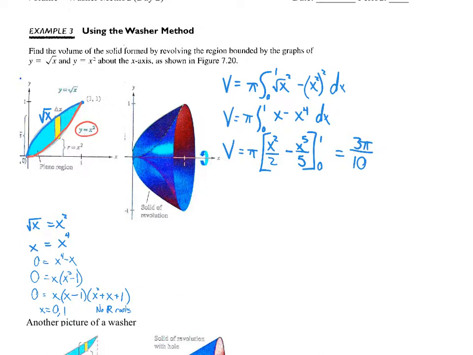Now, what I want to actually do to take this one step further is, and I think this would be helpful for everyone to see one more example of this, is what if I didn't want to revolve it around the line x equals 0, the x-axis, or y equals 0, the x-axis? What if I wanted to revolve it around a different horizontal line? We'll stick with horizontal here. Let's say I wanted to do this around